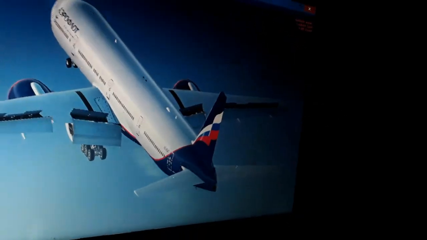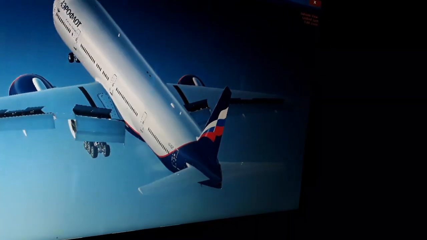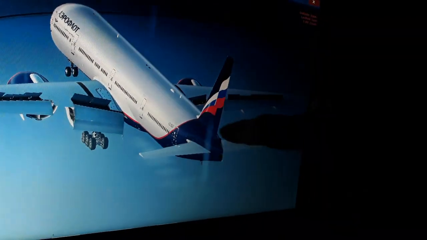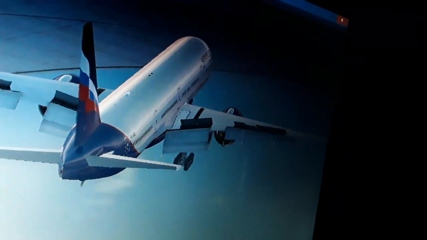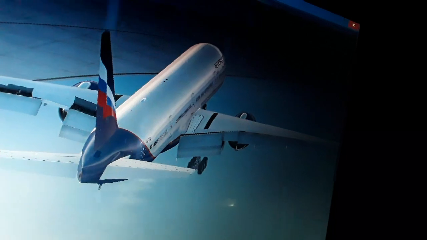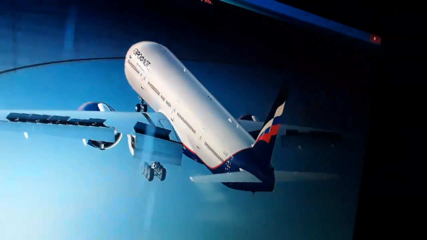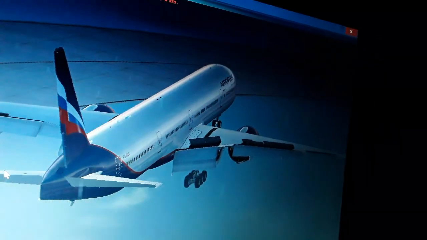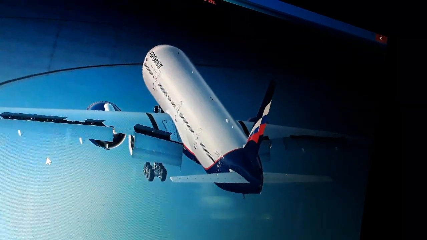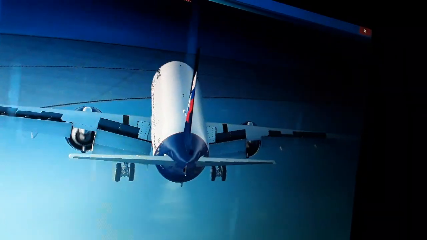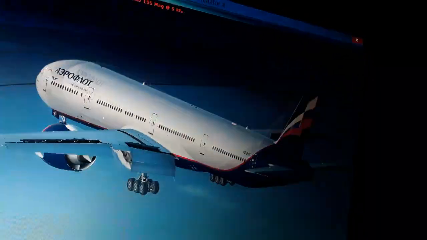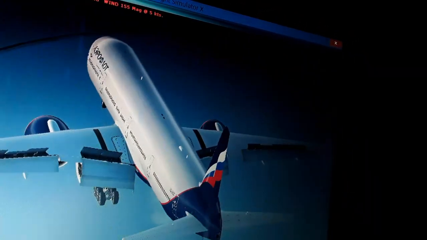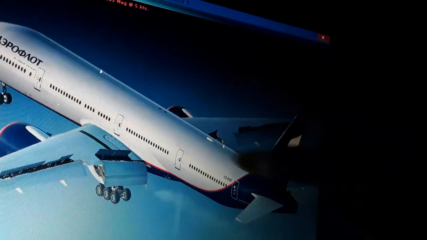So we position some other vectors here and here from the center of gravity all the way back to the horizontal tail and the vertical stabilizer of the aircraft. We have the moment arm of the aircraft, and also from the center of gravity to the left and the right wing, we have a moment arm for turning left and right. We have the moment arm for climb and descent and for making turns. So the moment arm is the force that is equal to the distance from the center of gravity all the way